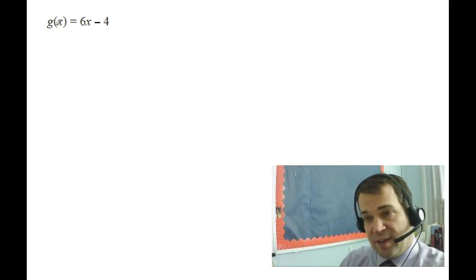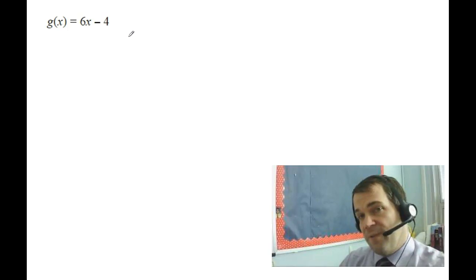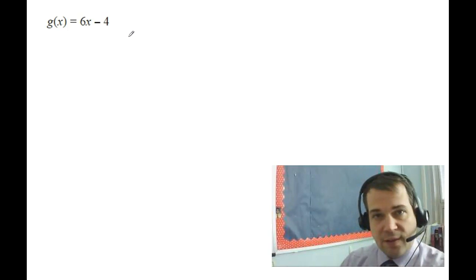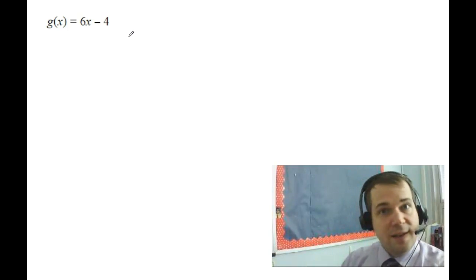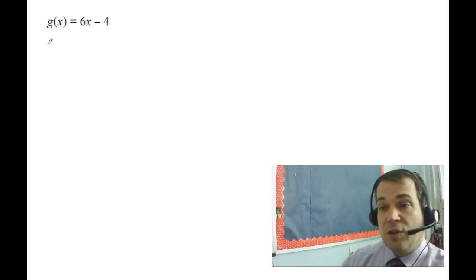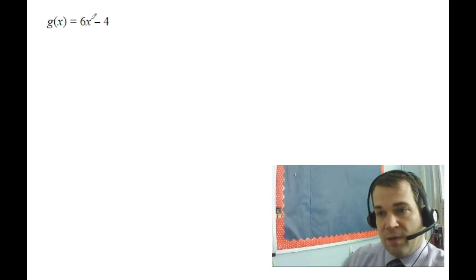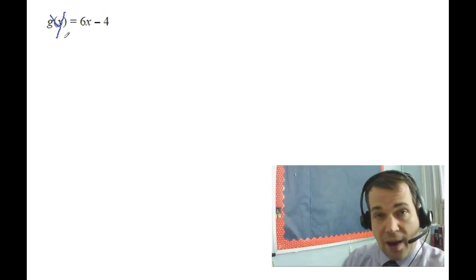We have a function g that takes a number, multiplies it by 6, and then subtracts 4. We want to find the inverse function that will undo all that stuff. Basically, do the opposite stuff in the opposite order. So what I'm going to do is recognize that the input's x, the output's normally y, called y, and we're